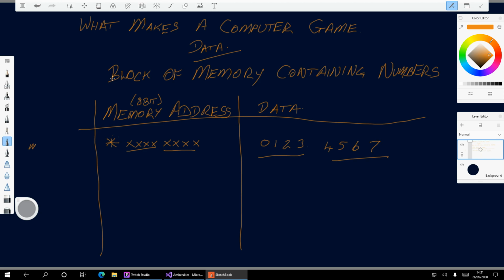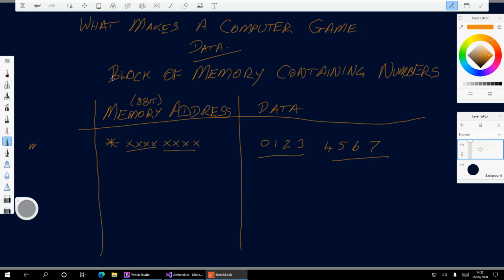What makes a computer game is the data and the representation of that data to the person that plays the game, and how that data is processed, obviously. That's the computer program. The computer program processes the data, and that's all a computer program does. Just processes data that it's been given, or even displaying data is processing it. You have to process data to be able to display it in a meaningful way. We'll talk about that in a bit.